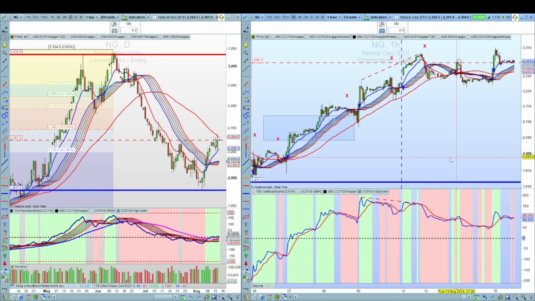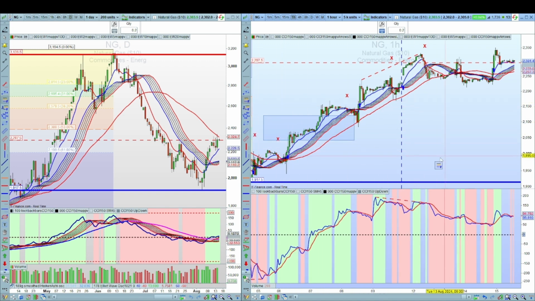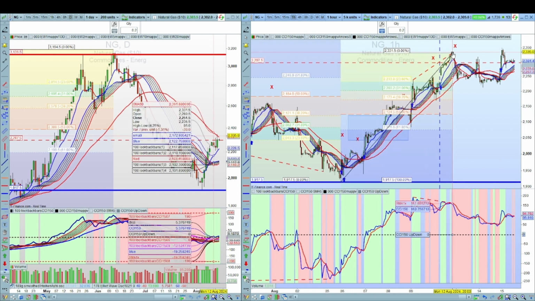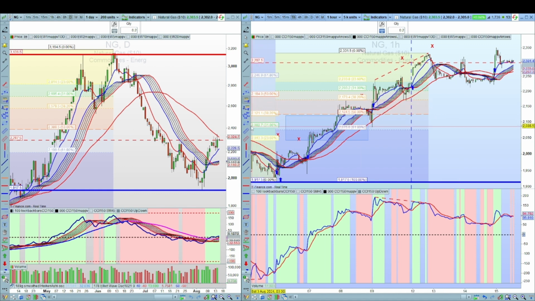Now what we've got here is a bearish divergence, lower highs on the CCI versus higher highs on the price. And what it's actually done is, if I draw a Fibonacci between that low and that high, we then put in a target area, and that would have been from that 23% to that level there, which is the 23.38%. You can see it's just touched that and bounced off that in the short term. So we might see it further rise from here.